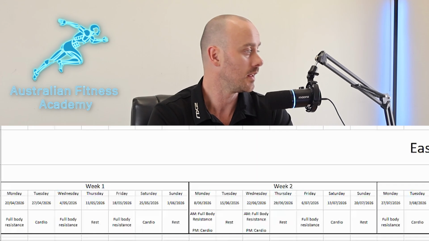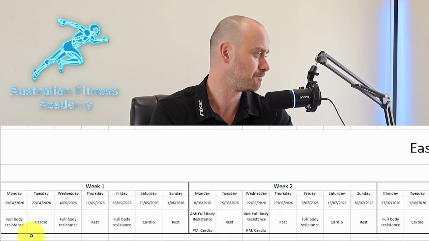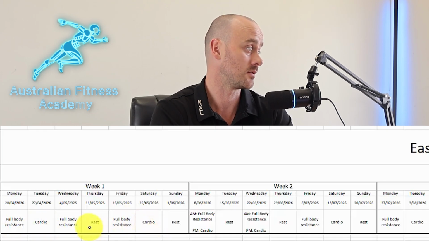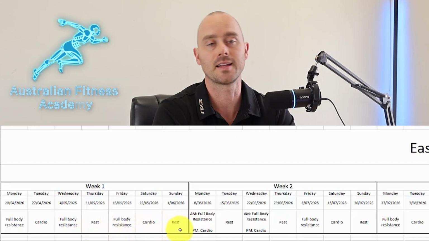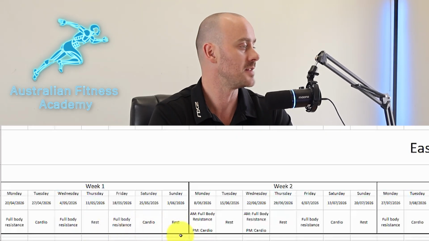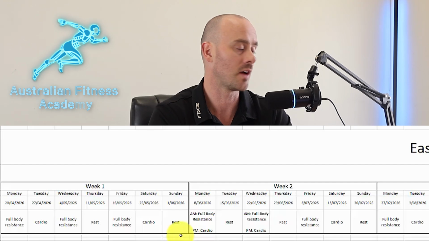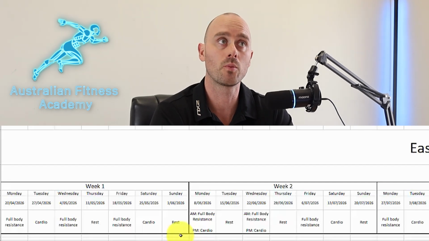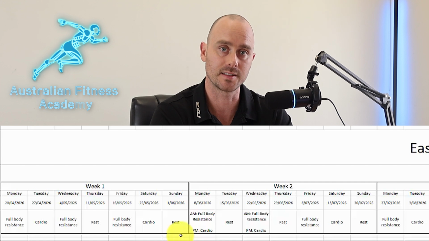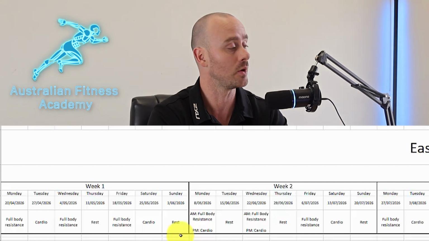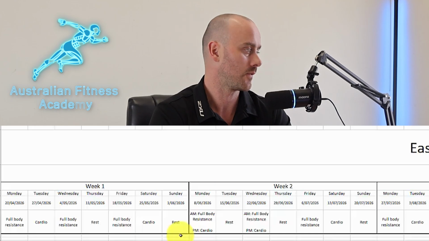So in this section here, week 1, we've got full body 3 times a week with cardio on a Tuesday and a Saturday, and rest days on a Thursday and Sunday. So very simple setup. It means you're in the gym 3 days a week doing full body programs with cardio on your other days. Next week, we'll probably build into specific sessions and ask, okay, we've got cardio on this day, what does that look like based on the goal? That's something we'll build to next week. This week, we're going to focus on the weekly structure.